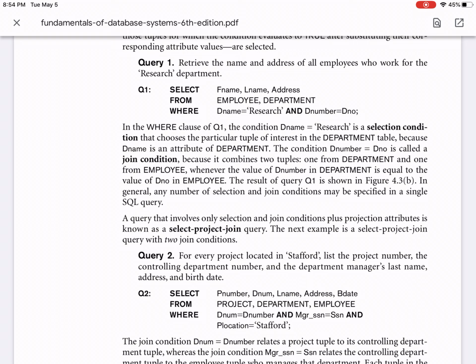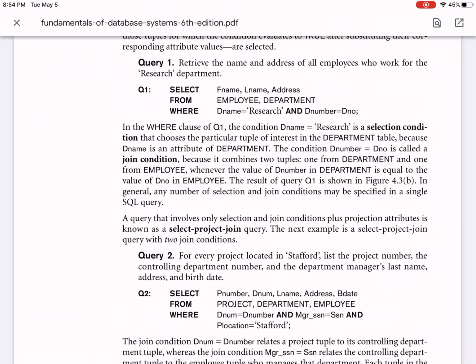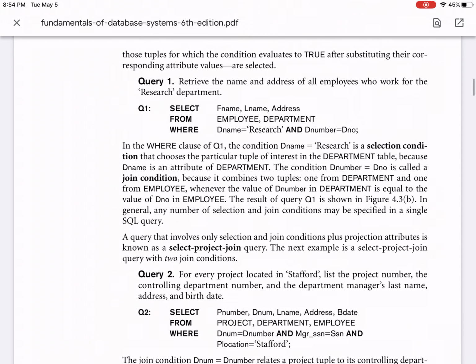But here there is no problem, because this D number is spelled as DNUMBER and the other is spelled as DNO. So it is very specific which table has which particular field. So what is happening is we have a join condition here, and AND is connecting two conditions together.